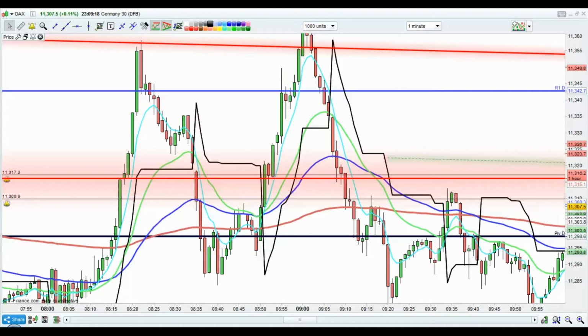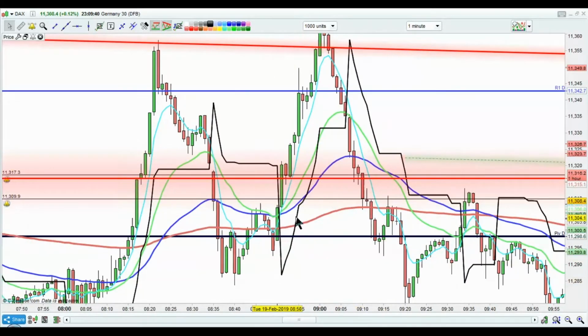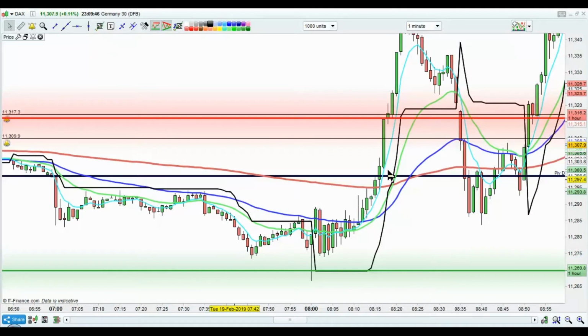So today, as an example, the DAX was doing its usual thing earlier in the morning. This was 7 o'clock, and this is a 1 minute chart. The price came down. See this level here, this line of support here, it came down, just touched this. But here's the thing,